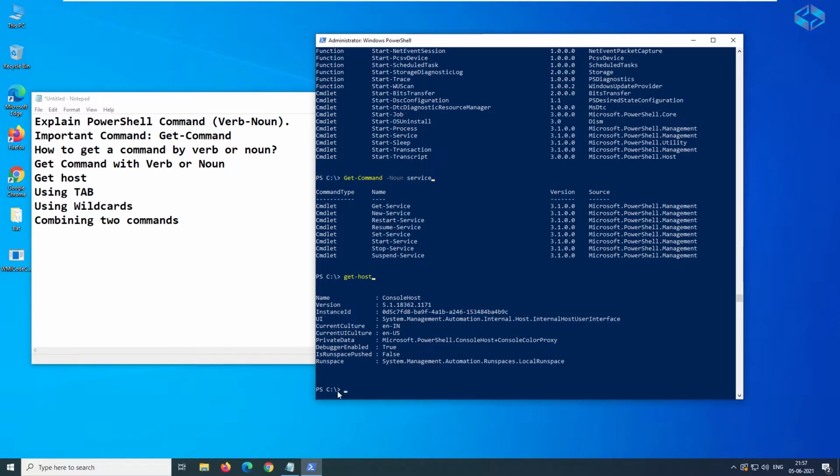And the next topic we are talking about is how to use Tab, the Tab button on the keyboard. So how can we use it? We have seen this in the previous tutorial session also, where we actually used the Tab, right?